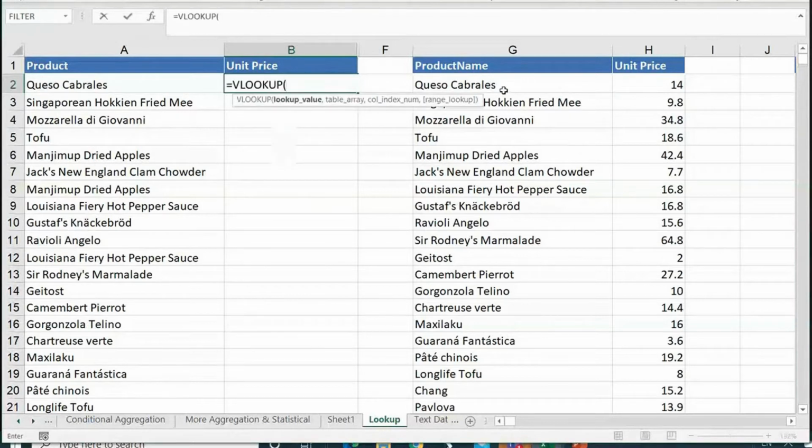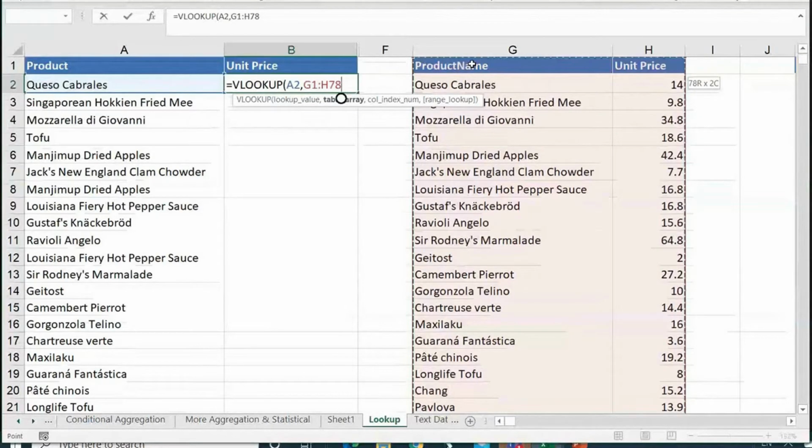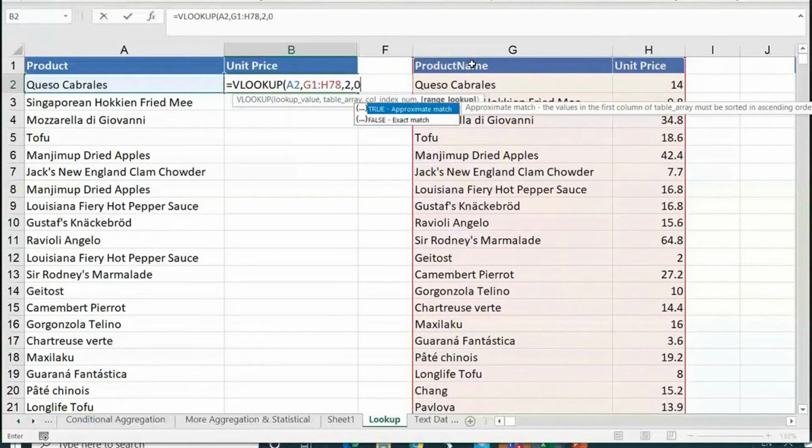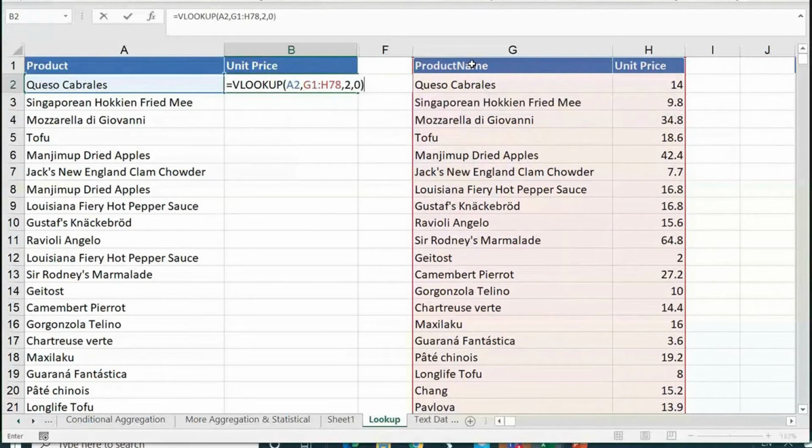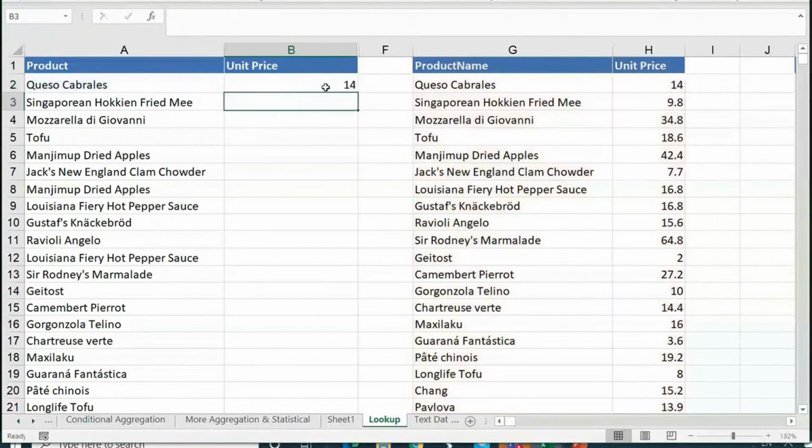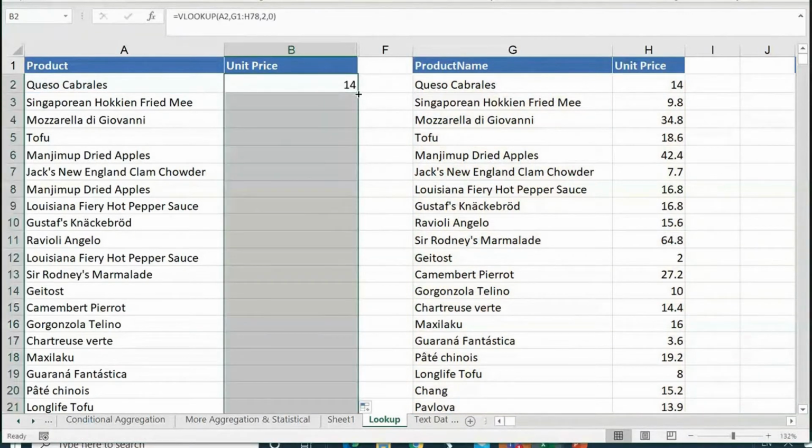Equals to VLOOKUP. Quickly I'll run through. Lookup value is this, comma, my table is this. All right, control backspace, comma 2, comma 0. I close the bracket. 2 because second column data, 0 because VLOOKUP needs 0. Why exactly? I'll come back to that in my second example. Enter. Done. Now I copy my formula.